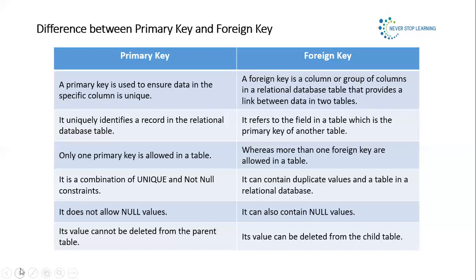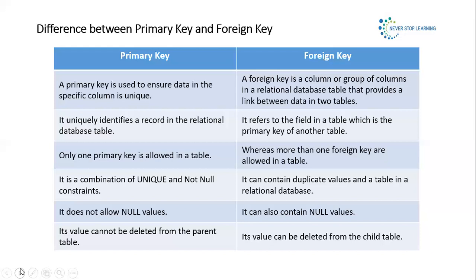Now it is possible that one roll number is referring to the student table, and another course name is referred by some other table, course detail. It is very much possible that in a table we have more than one foreign key. A primary key is a combination of unique and not null constraints. So the important point is it should be unique and it should not be null. And between these two conditions, there is an and, meaning both conditions should be true for a primary key.